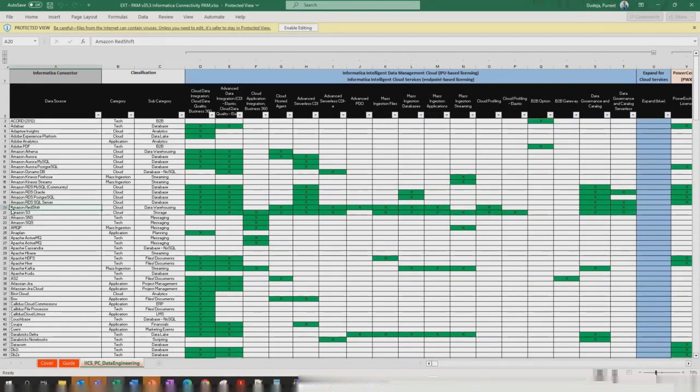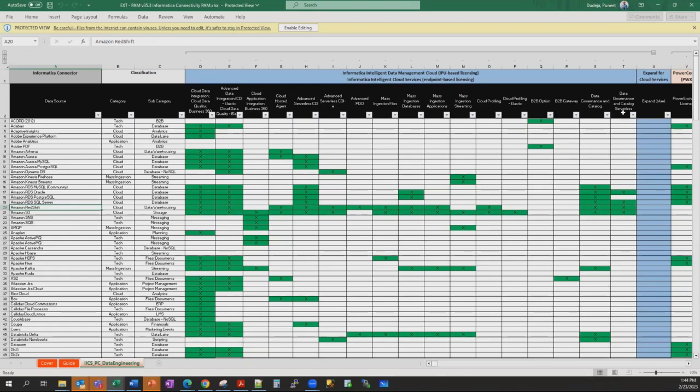So let's take an example of Amazon Redshift. We can see it's supported for data governance and catalog, data governance catalog serverless, cloud profiling, mass ingestion, and so on. So this is something we can go there and check for each of the services. These PAMs keep getting updated on a frequent basis, so make sure you always download and check the latest PAM to check the latest support or availability for